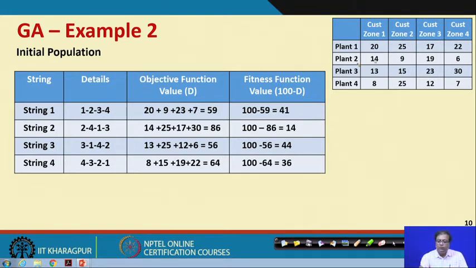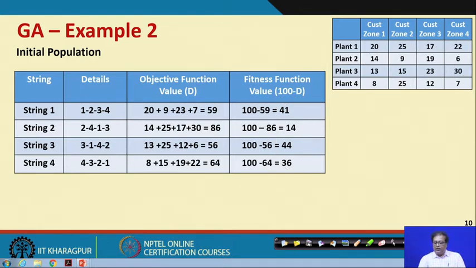So, that means 2 to 1, then 25, then 17, the third one, that 3 should be on 17 and 30. 2 to 4, actually this 25 and this 17, not this one, right. So, 14, 25, 17 and 30. Like this we compute those distances, and 100 minus d will give us the fitness function value. So, these are our fitness function values for those 4 strings, right.